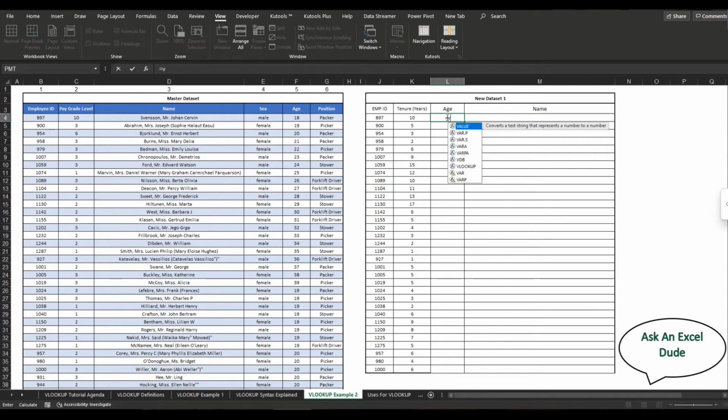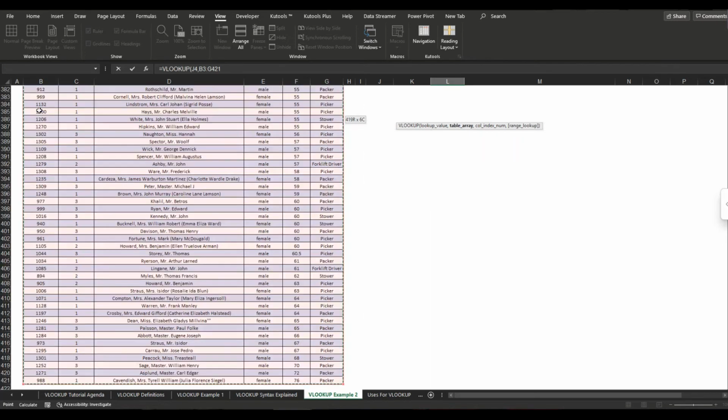So again, equal sign, VLOOKUP, start typing it. You can hit tab, very, very simple, and we're going to select the lookup value in our new data set, which is 897. We select that, comma, we select the very first column, which notice that it's in B this time. I purposely did that. Our very first column is in B. So we're going to select that. We're going to do Control Shift over arrow, Control Shift down arrow, and then we're going to press F4,